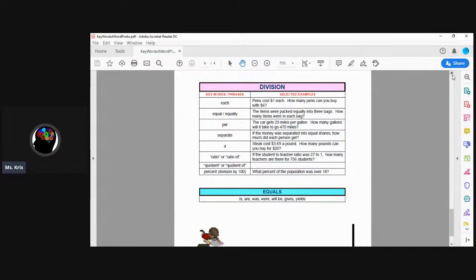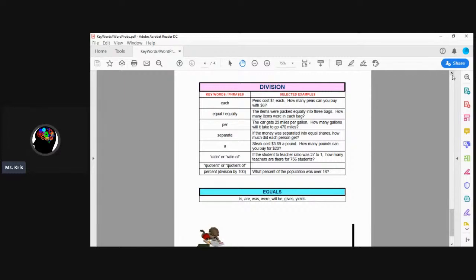Quotient or quotient of, know that when you see that, it's just like seeing the product of. The quotient of 20 and 5, the quotient between 7 and 9, that simply means you're going to take the first number and divide it by the second number. Always remember, when you see the quotient of or the quotient, the first number would be the number that goes on the inside,